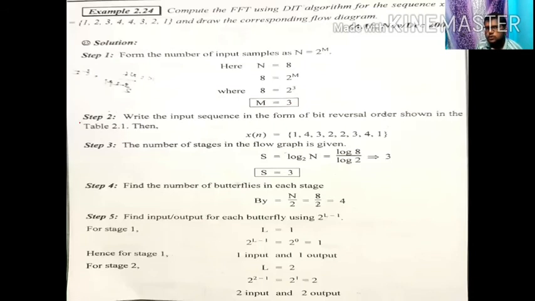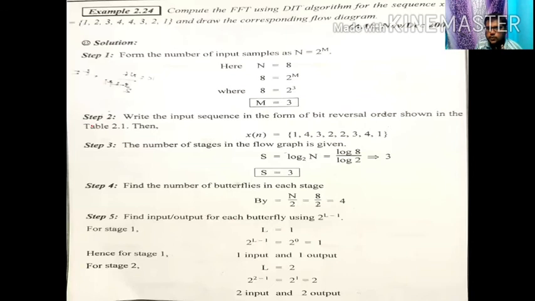So next we want to, I hope now you understand about the first step. So the first step is we have to form the number of input samples based upon this condition, n equal to 2 to the power of m. So in this problem, no need to add the extra samples here, because our problem's input samples are already given, 8 points are given. So totally 8, which is equal to 8. So no need to add any extra zeros here. No need to apply the zero padding concept. So zero padding means you have to add the extra zeros. That is L minus 1 zeros are added to your input samples.